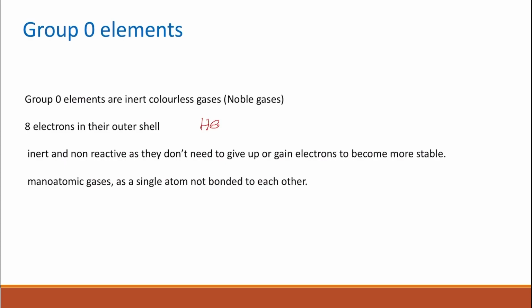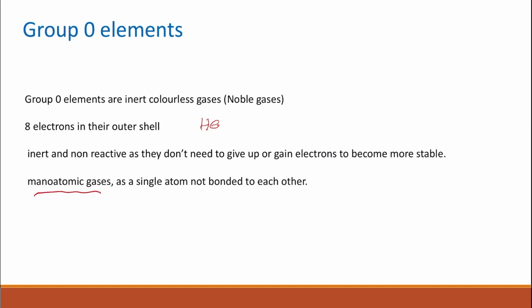So any element in the periodic table, if they don't have a full or a complete outer shell, they tend to gain or lose electrons, and this is how they become reactive, by gaining or losing electrons in order to reach that stability. But the elements in group 0 already have a full outer shell, so they don't lose or gain electrons. So this is why they are inert, they are non-reactive, they don't tend to chemically combine with